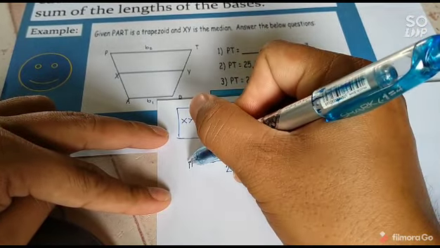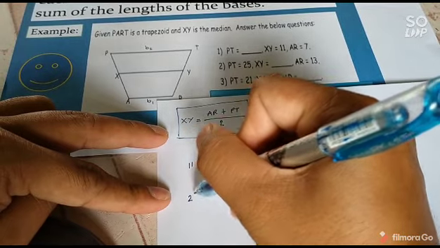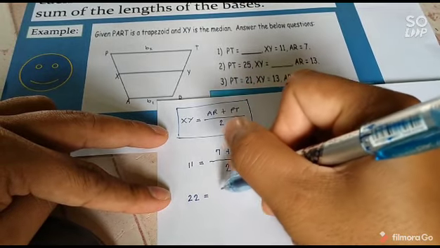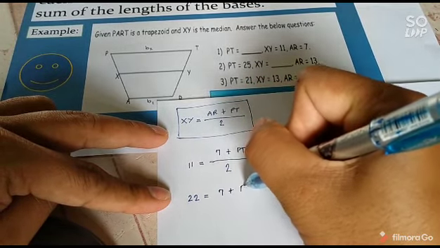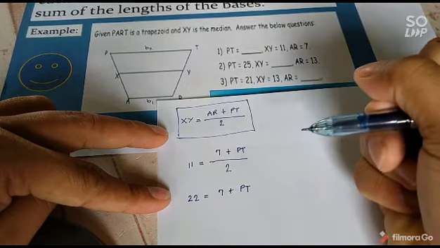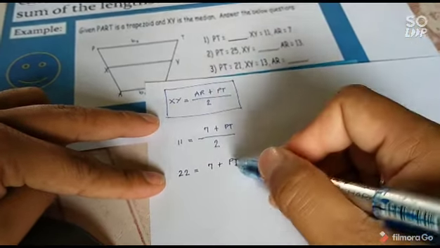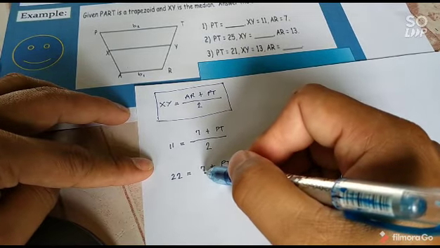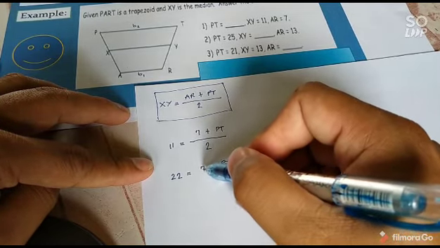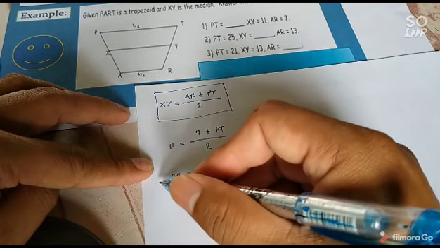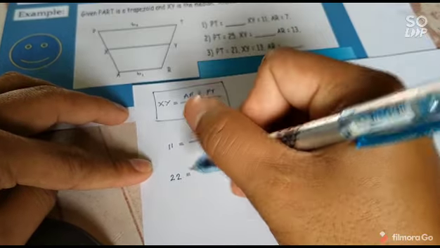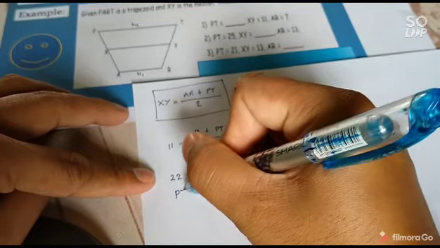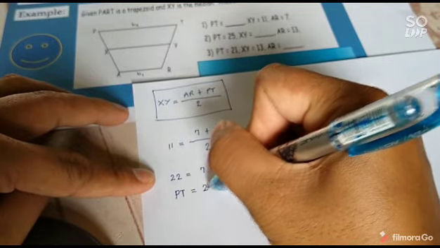So 2 times 11, that would give you 22, is equal to 7 plus PT. Okay, so since we're looking for the segment PT, you're going to apply subtraction property of equality, wherein 7 will be transferred to the other side, that would become negative. So in the same manner, you would have PT is equal to 22